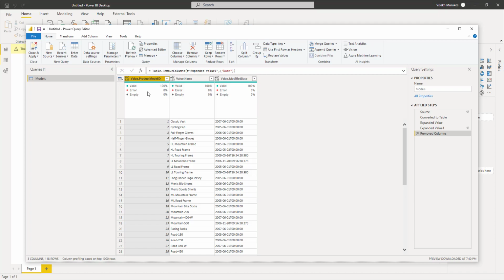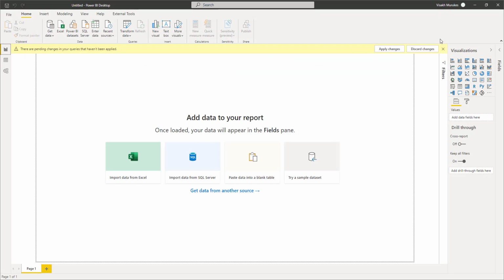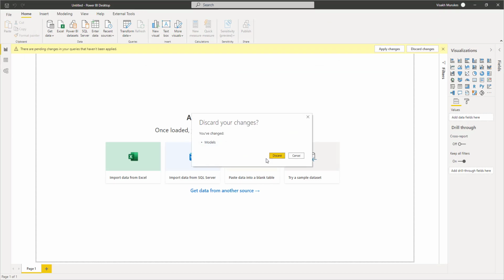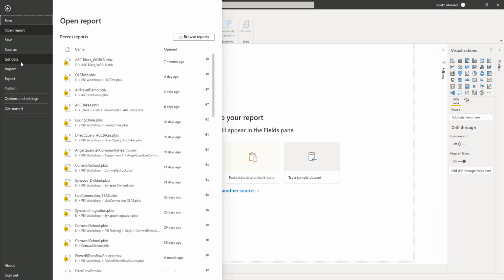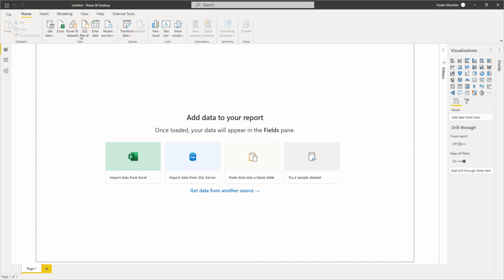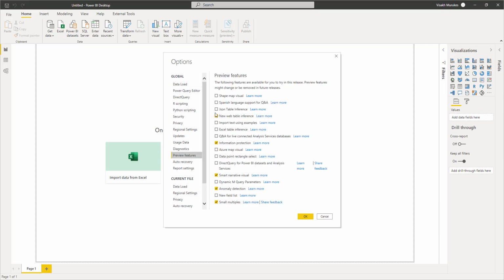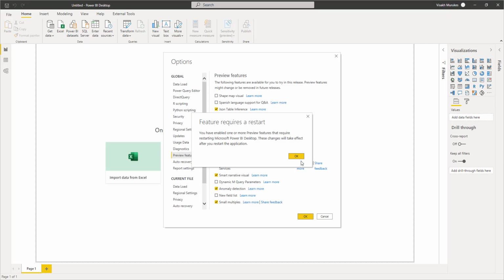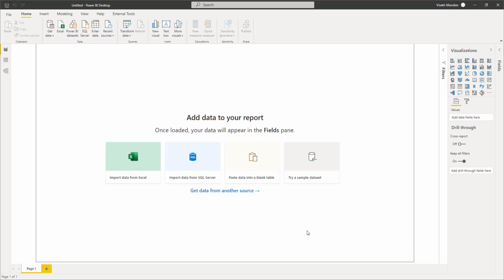Now let's see what happens when we use this new preview feature. For this, let's go back. I'm not going to save it for now because we are going to get the data in the proper format. So I'm going to discard all the changes that I have done so far. Go to file. Because it's a preview feature, we have to first enable it. Go to options and settings, go to options, and there will be a preview feature option for JSON table inference, and you have to enable that. Go to preview features and enable the JSON table inference setting to make sure that you use this advanced feature which is currently in the preview stage. And because you have enabled the preview feature, you have to restart your Power BI desktop. So close it and open it again.